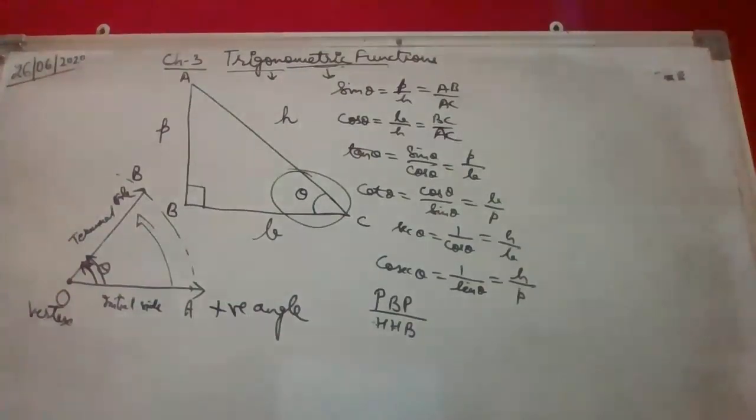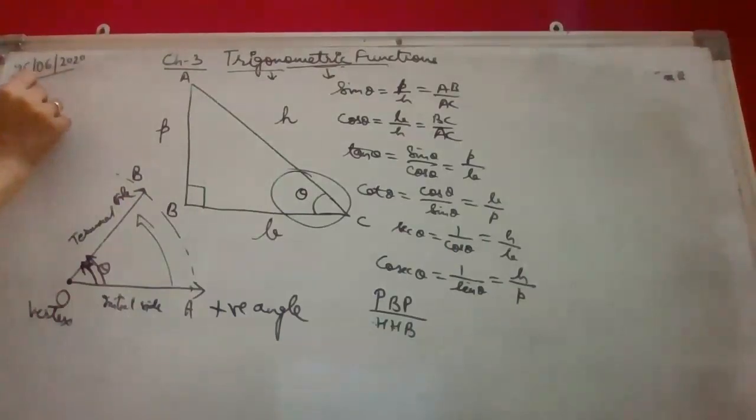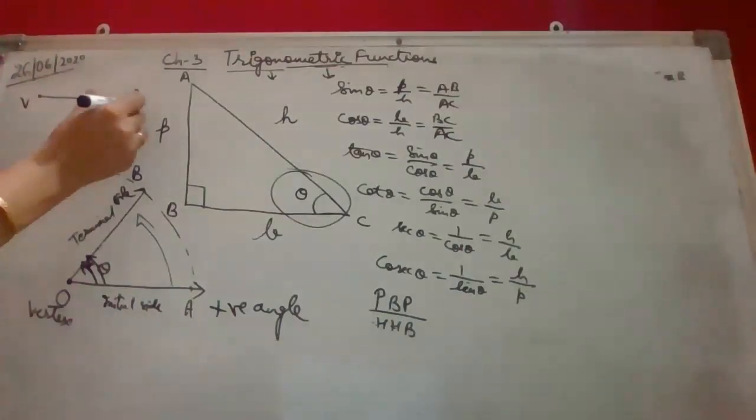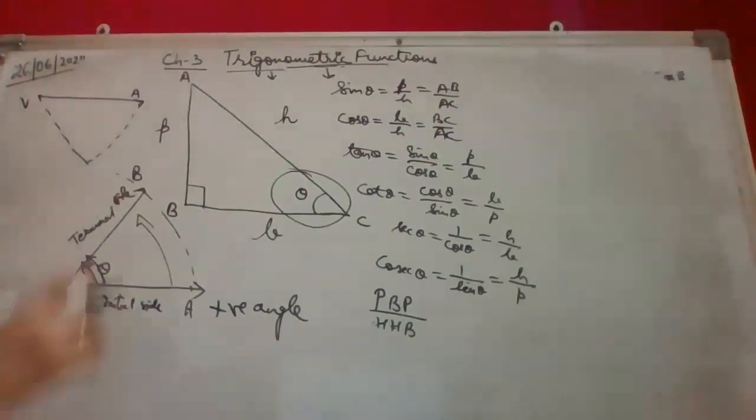Okay, let us take the second case. The second case that we are considering is when we are moving the angle such that, let us take this as the angle. The initial side, this is vertex and this is the ray A. Suppose it is moving downward. It can move downward also. It can change its place such that it is moving downward also.